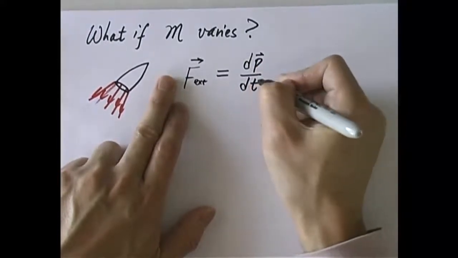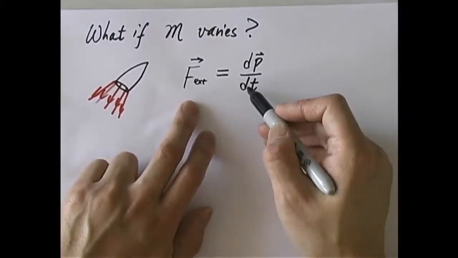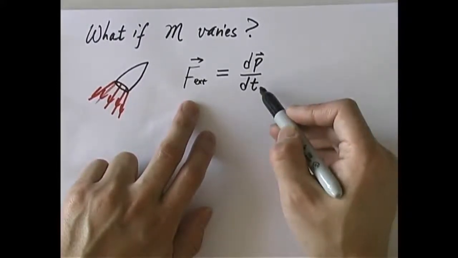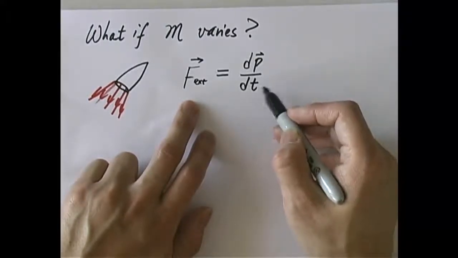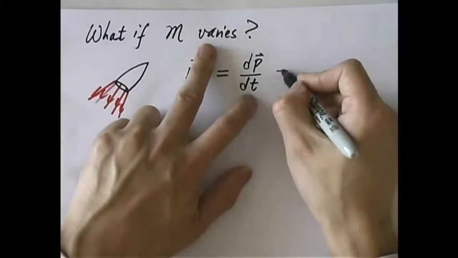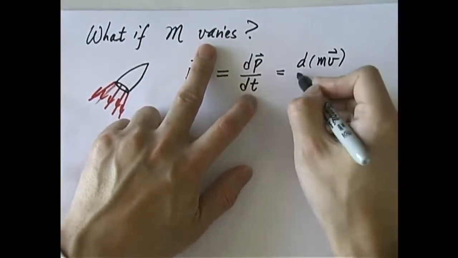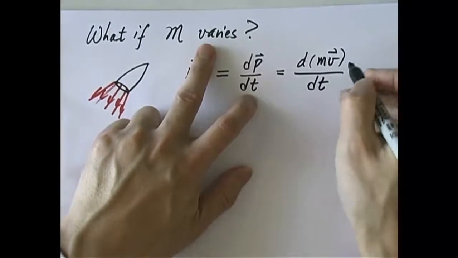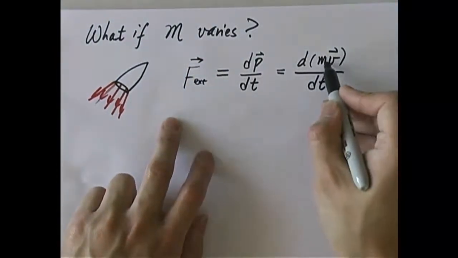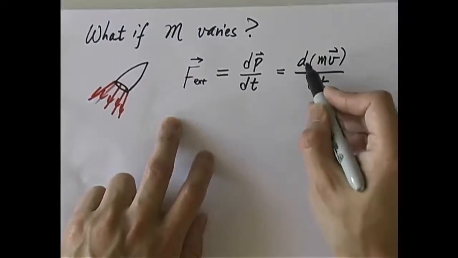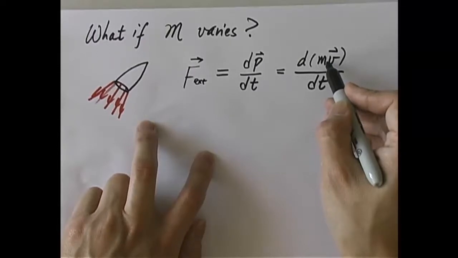We learned that that's equivalent to the Impulse-Momentum Theorem, right? dP equals F dt. The difference was that before, when we wrote P as mv, we never considered m to be a changing quantity. We thought it was a constant. That's why m can be taken out, and what you have left is dv dt, which is a. But what if m is not a constant?